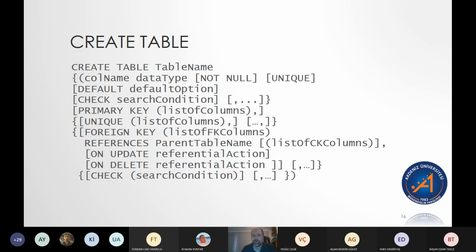So let's talk about the one that's used most often. This might be a little bit overwhelming to look at initially. We'll walk through it. Basically, the main things you'll need to know is you're going to create a table with a specific name. You're going to give it a list of columns with a possible not null or unique constraint, and a possible default option. You can give it, at the end of the column list,